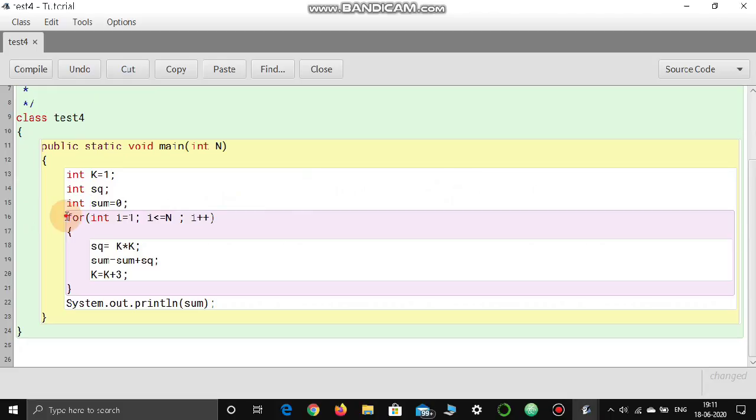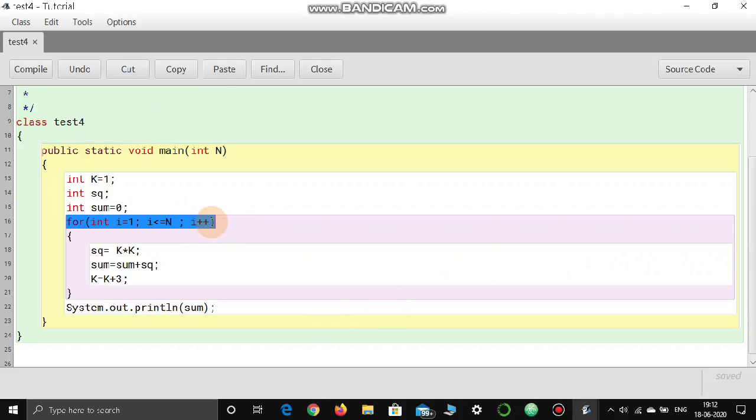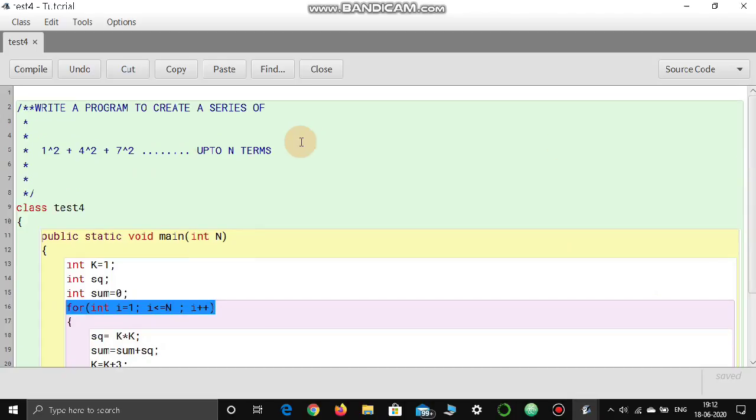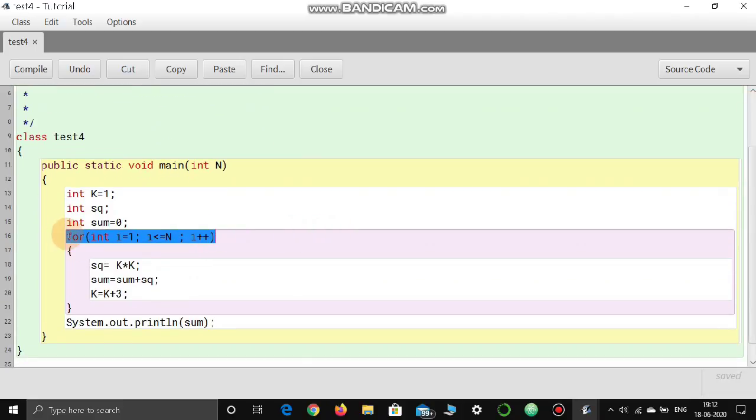Now coming to this part, this for loop, this is the main part. What we have already said in the previous videos is that any type of loop, be it for, while or do while, these statements always act as a driver statement in your program. In this situation we are doing repetitive work, means we are first squaring the number at a particular position and then going to the next position, incrementing it and again squaring it.